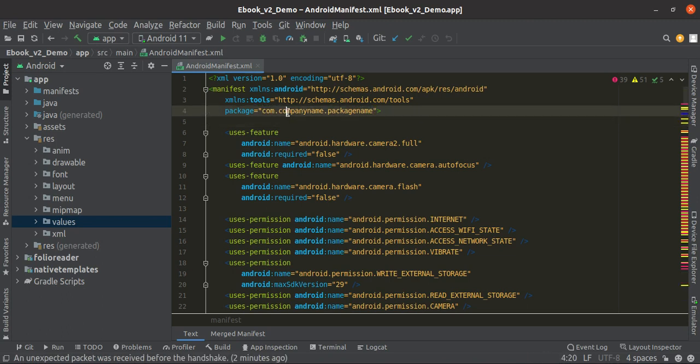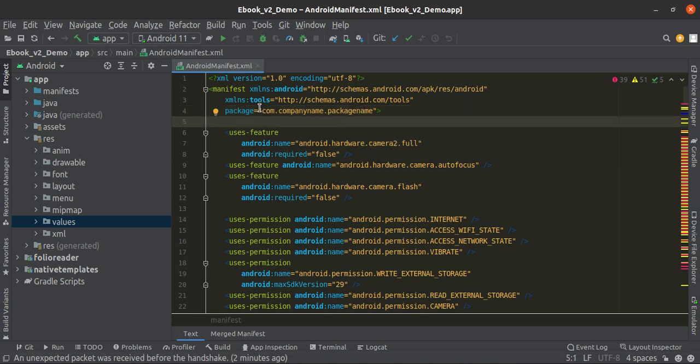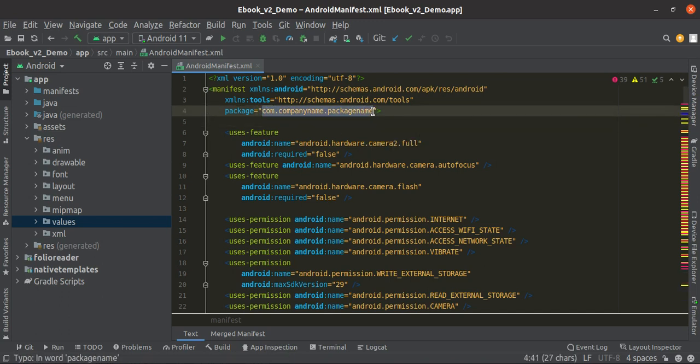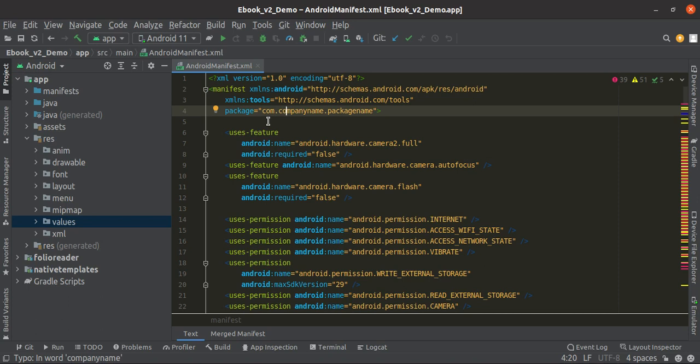We had set our package name like company name dot package name, so Divantex dot ebooks app. You can change it like this. Now we have to make these changes in 3 different places. This is one change.